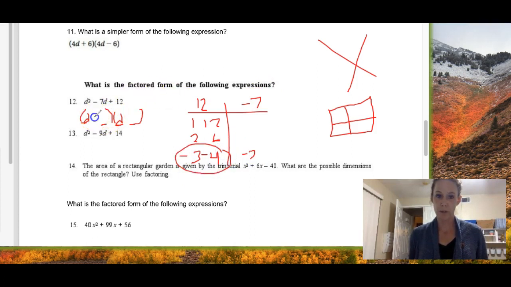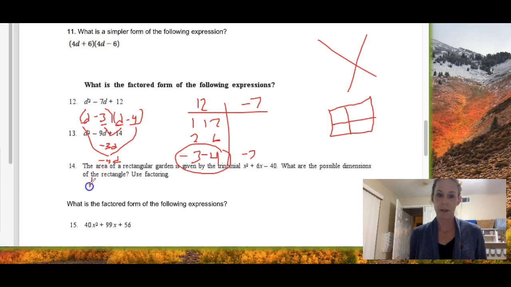So the factors I put here are negative 3 and negative 4. Now here's how I check it. Your first terms better multiply to make that first term here. Your last terms better multiply together to make that last term. And your inner, negative 3d, and your outer, negative 4d,